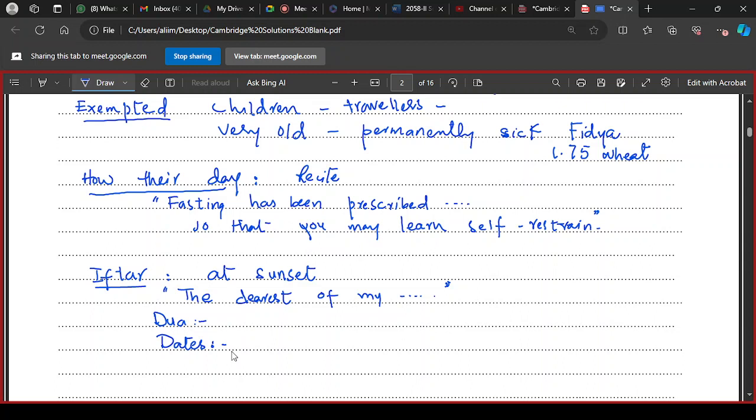Then you can further mention the blessings of Allah Almighty at the time of iftar. Iftar is one of the times of Allah's blessing and His mercy. So this time must be spent in dua and supplication. The dua which is made at the time of iftar is accepted. It is a great source of reward and blessing from Allah Almighty. So this is one of the features of the Ramzan fast.